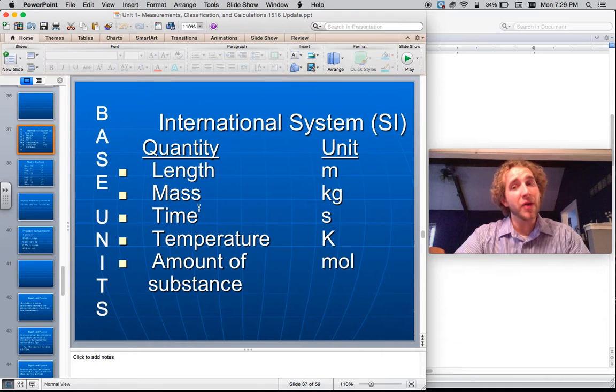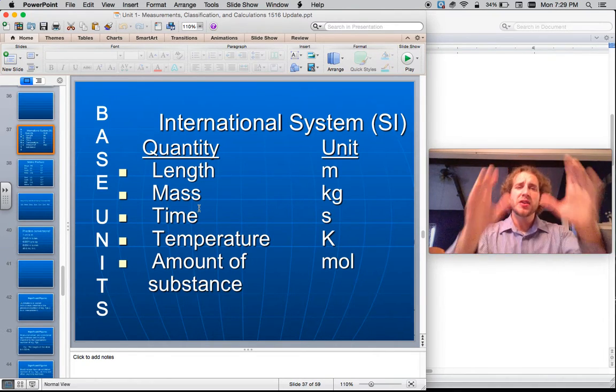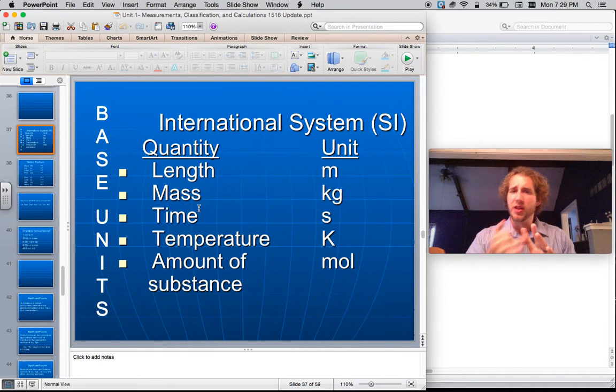We also have the amount of a substance. If we were looking at the amount of particles in that substance when it relates to reactions, we often will use this funny little thing called a mole. Now that's going to come back here in the future, but mole is going to be very, very important to us as we continue to look through our chemistry. So these are the units that we use: meters, kilograms, seconds, Kelvin, and mole. These are the units we're going to use in this class to start looking at the world around us and